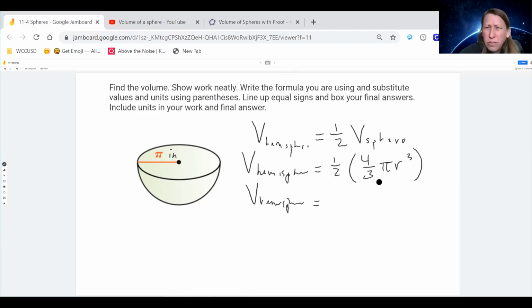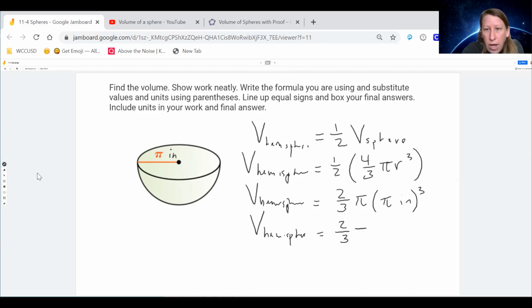So what's half of 4/3? Half of 4/3 is 2/3. Or you could say 4/6, but 4/6 is the same as 2/3. Okay, and I'm going to substitute pi for my radius because that's what it said. And I put units in here because units are good for us. They help our brain think through, help the science teachers give you a little bit more number sense. So the volume of the hemisphere that was shown there is